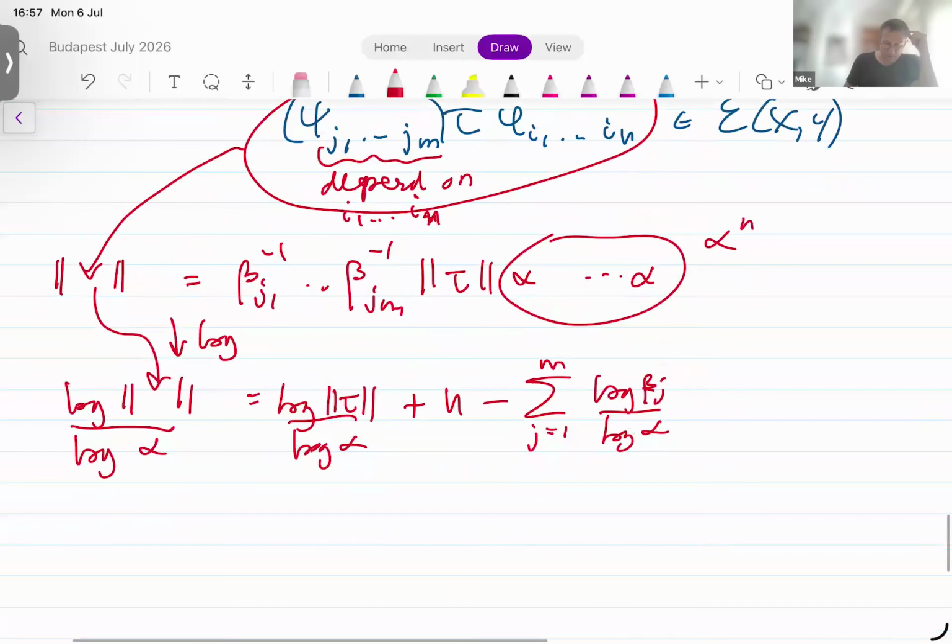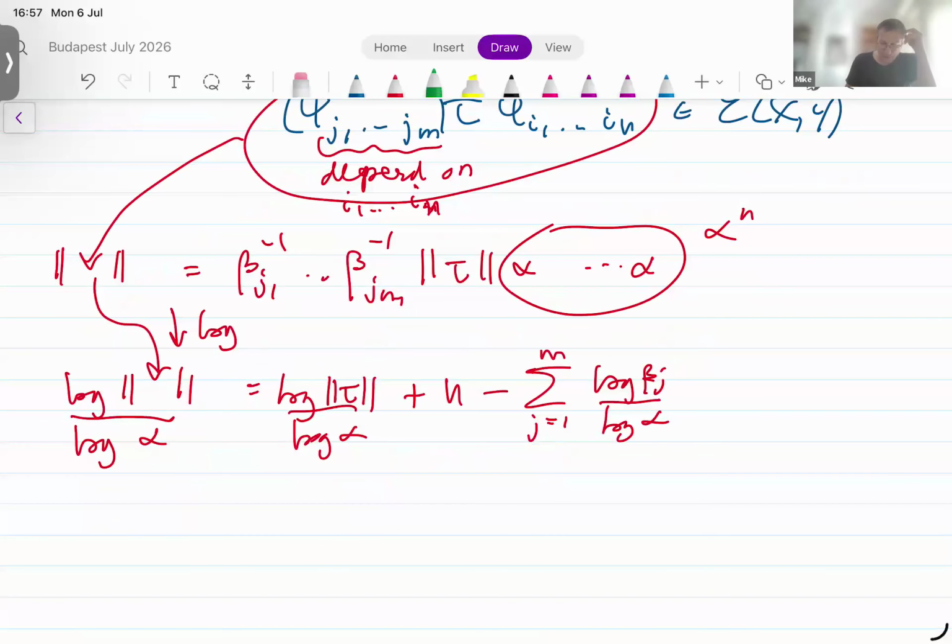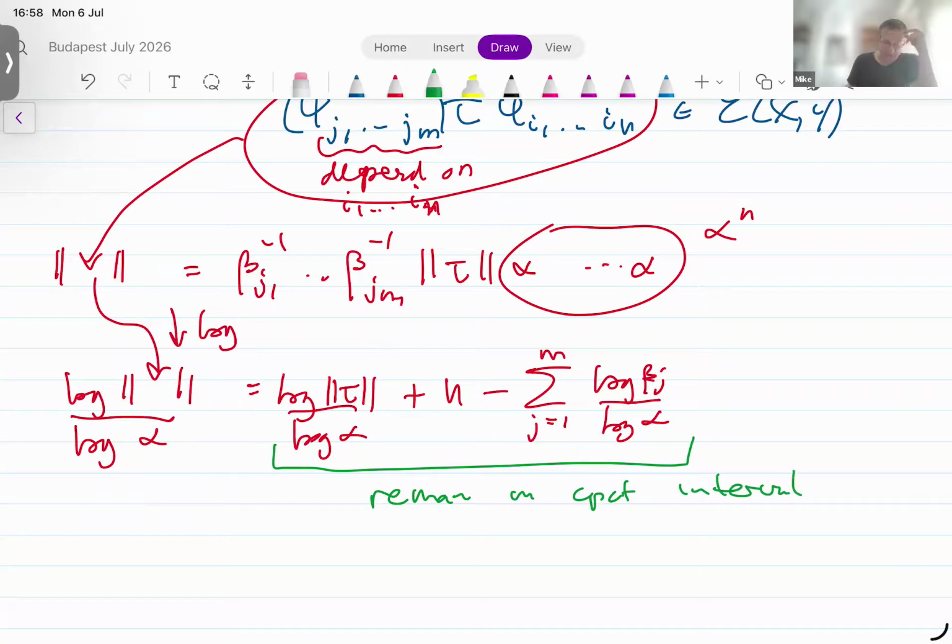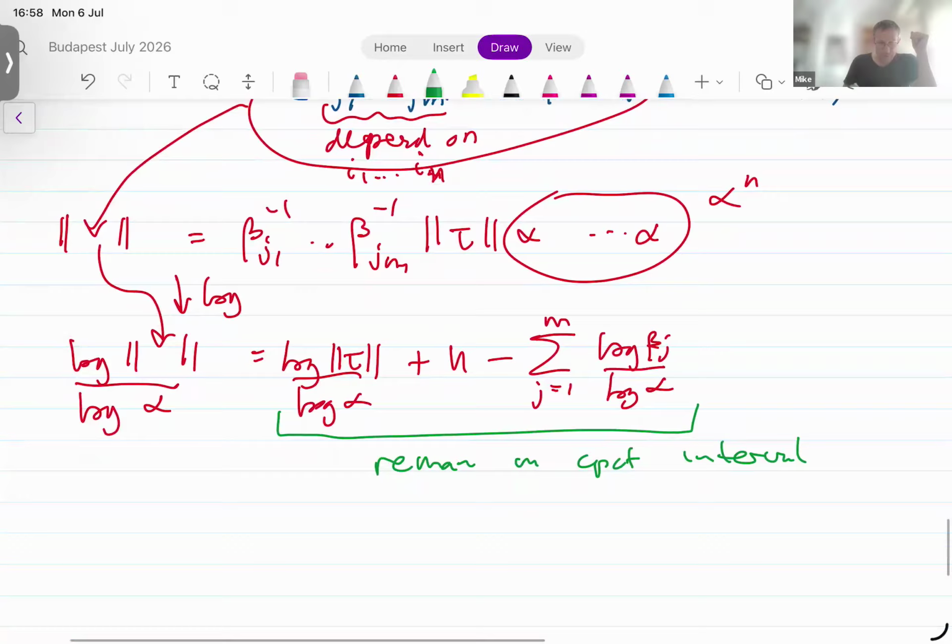And again, I want to emphasize that the way that I've chosen the beta j's, these all remain in a compact interval. I've arranged it so that the contraction ratio of this composition is always of order 1. All right, so what's the conclusion from this? The conclusion is that,